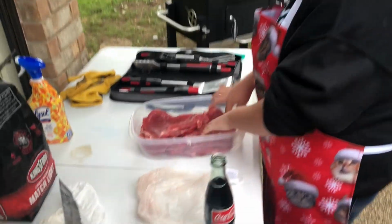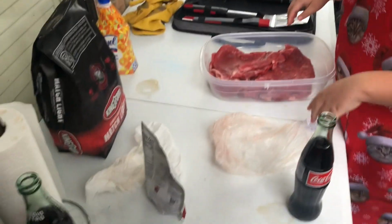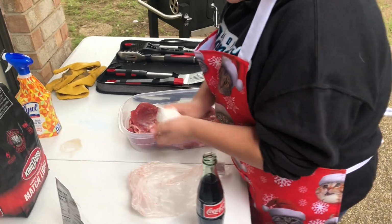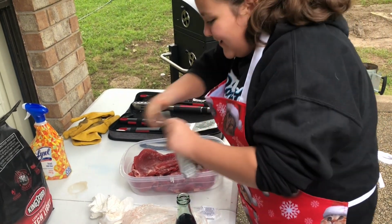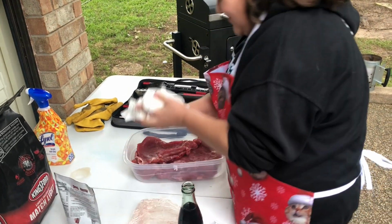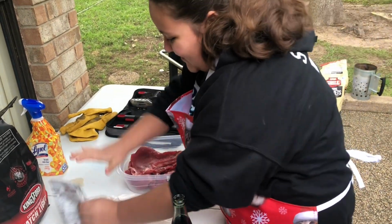So now we have the flank steak out, and all Isabella's going to do is take the marinade, and we're just going to put the marinade on top of it. And she's just going to kind of move the marinade around. So as she's doing that and she's trying to figure that out,